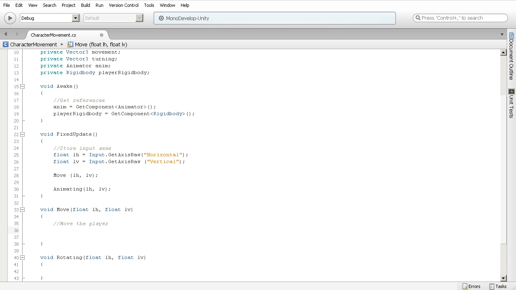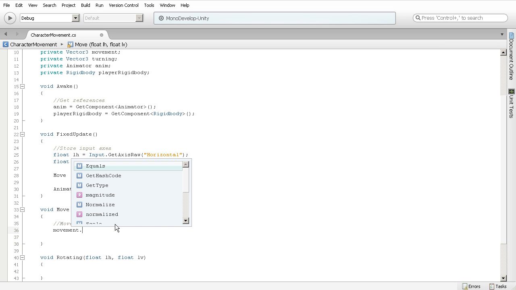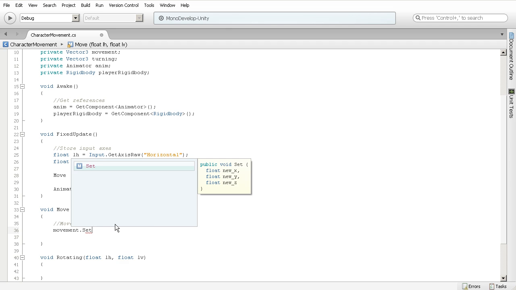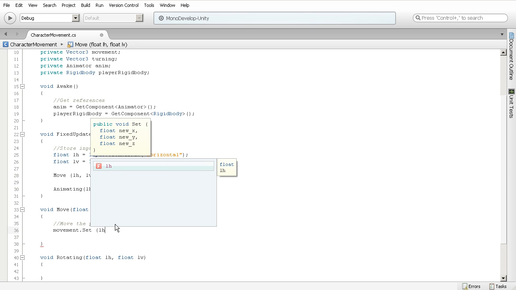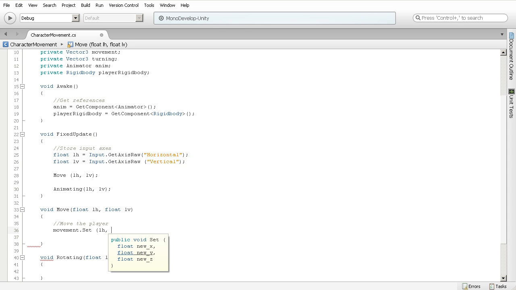First thing that we need to do is set the movement vector based on the axis input. So it needs to be based on our left joystick. We're using a gamepad for this, and so I'm setting that up. So I'm going to say movement dot set, and I'm going to say LH and then comma. And you can see here that it's giving me a little bit of a hint on how set is going to work. And so it needs a new X value, it needs a new Y value, and it needs a